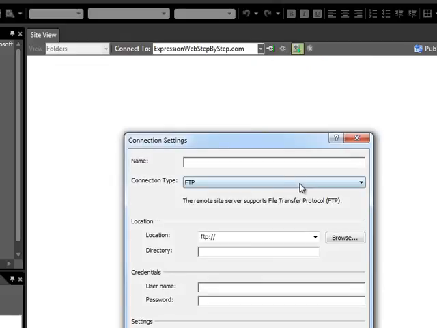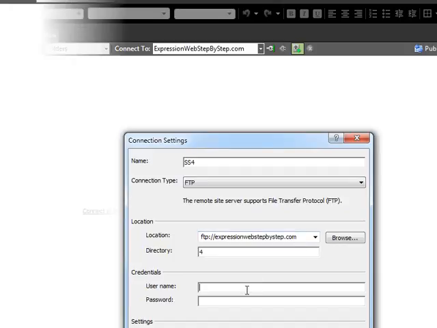Let's add a publishing destination, and we'll call it sample site 4. We're going in over FTP, and so we'll do FTP, and then the directory we want, 4. Don't lead it with a slash or trail it with a slash, and don't close this with a slash for the destination. The username,